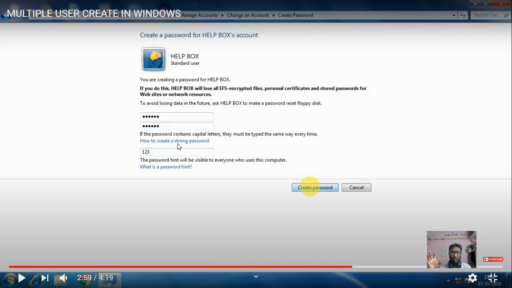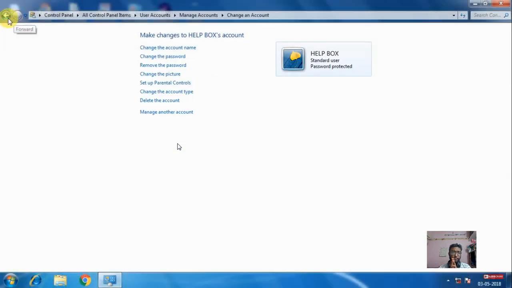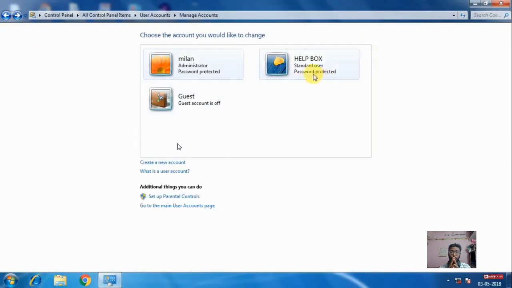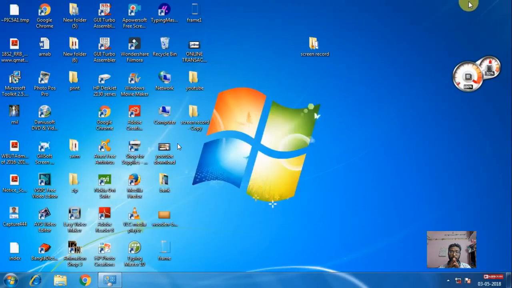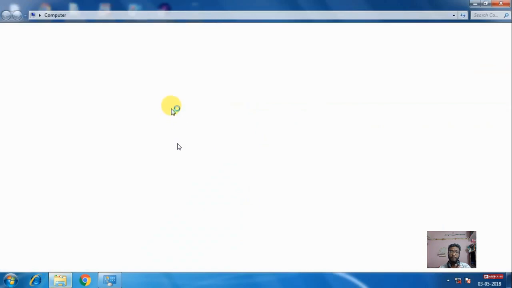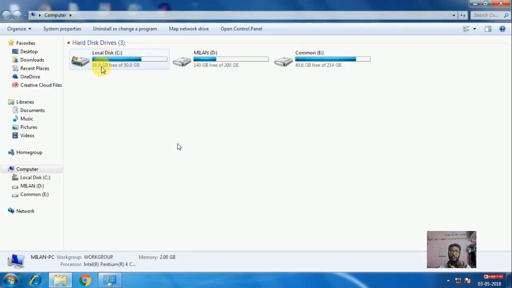Suppose you are writing your date of birth, so in the hint you can just write DOB, and you will understand that your date of birth is your password. Click on create password. Now you can see password protected has been applied. Of the 3 accounts, 2 accounts have been password protected: the first was Milan and the second was Help Box.